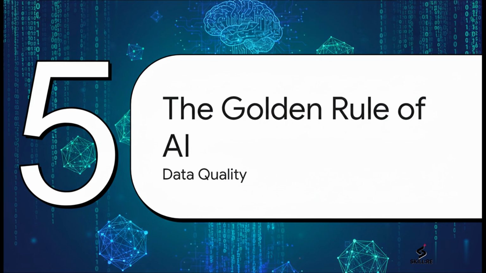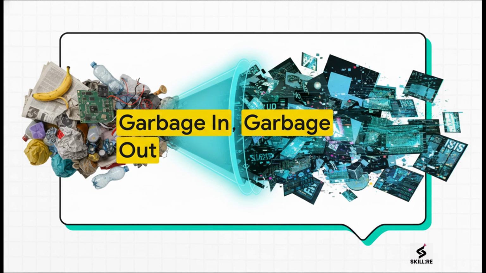Now we've come to the single most important concept in this entire explainer. Seriously, if you remember nothing else from our time today, please remember this. The performance of any AI system comes down to one thing: the quality of its data. This is an old saying in computing, but it has never been more true than it is for machine learning. You can have the most brilliant algorithm in the world, but if you feed it terrible data, you will get terrible results every single time. The algorithm is just the engine. The data is the fuel.